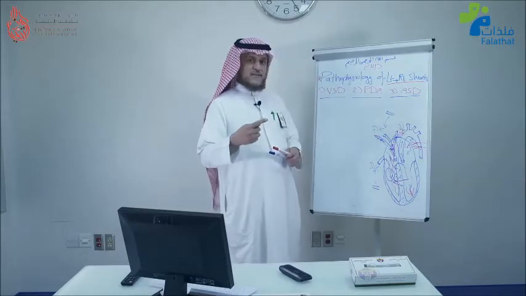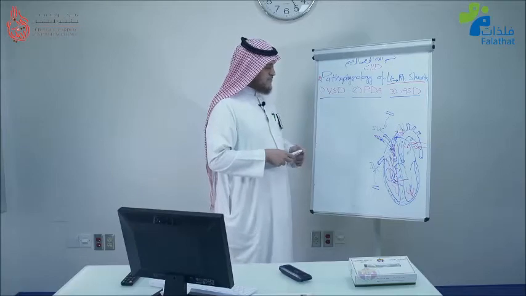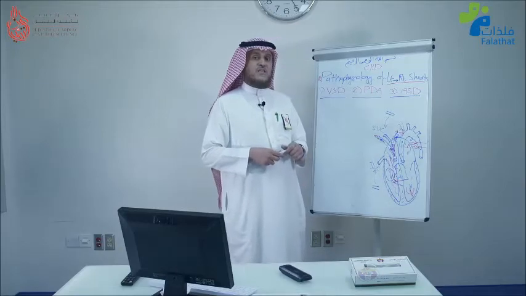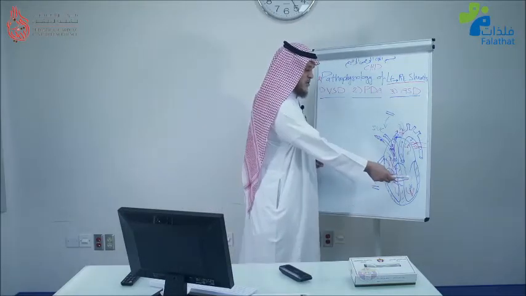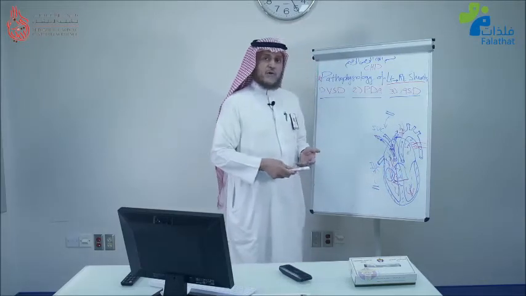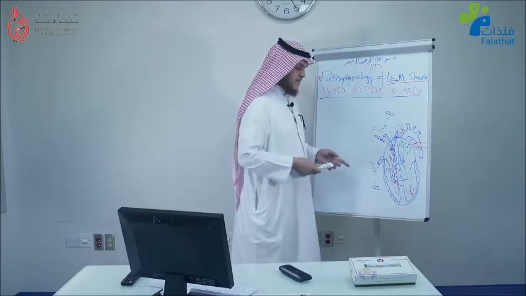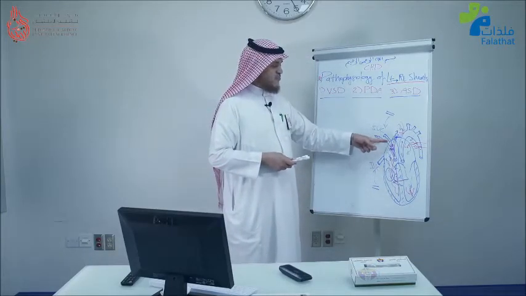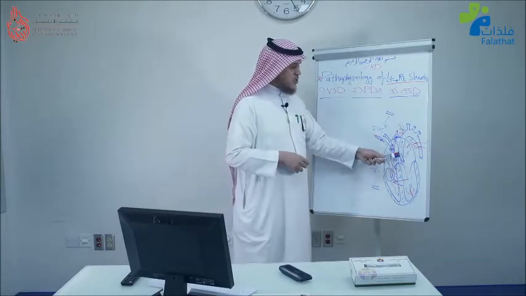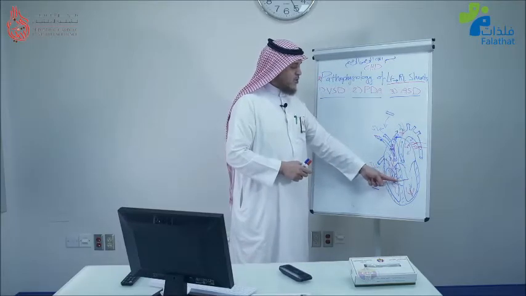And this is the second effect of a left to right shunt from a VSD. If this VSD was large enough to transmit totally the pressure from the left ventricle to the right ventricle, then actually it acts like an equalizer. It equalizes the left side and right side pressure. And hence, if this has happened, we will have pulmonary hypertension. Pulmonary artery pressure will be almost equal to the aortic pressure, because again, in systole, they are being equalized through